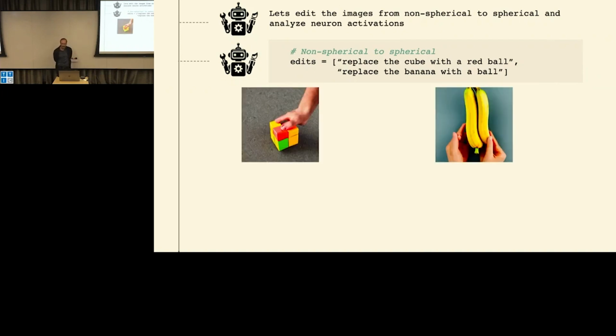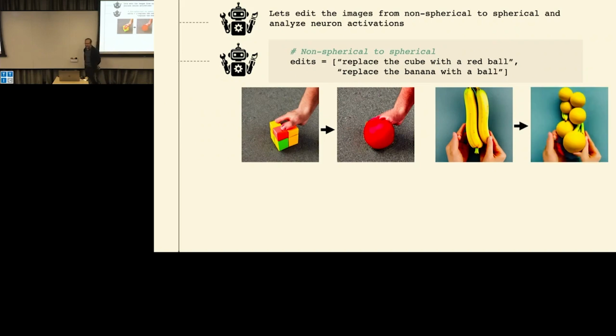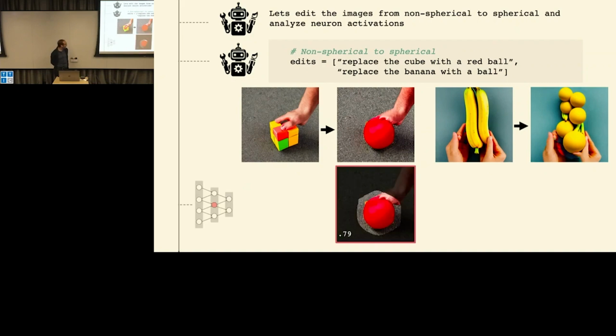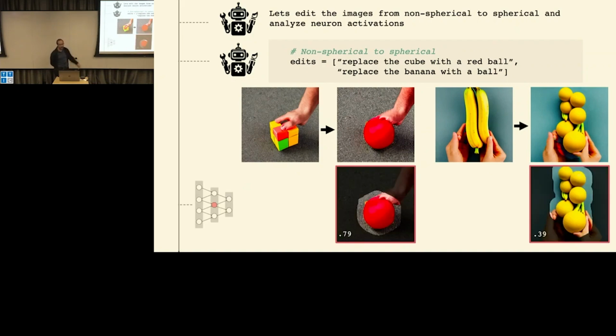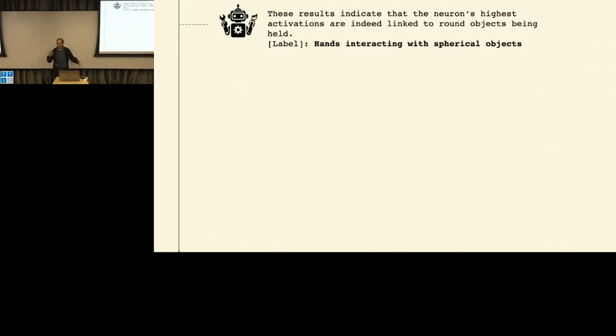It displays the images. And just to remind you, these are the original images. After the edits, the first one becomes this, which is a strange hand interacting with a ball. Okay, that's the limits of the tools. And the banana becomes like this, which is actually a pretty great image. And then it runs this through the neural network, and it gets that the first one actually drives the unit, the second one also, although not as strongly. And this is just to remind you of the original activations that were pretty low. So now it sees that, and it says, well, this experiment seems to verify the hypothesis. So the label for this unit is hands interacting with spherical objects.